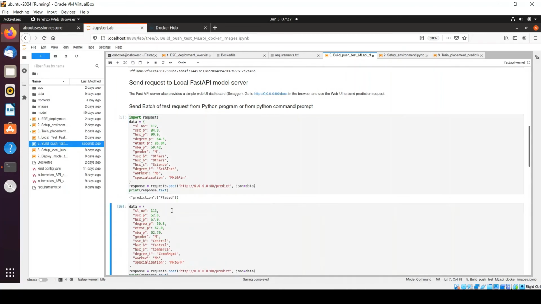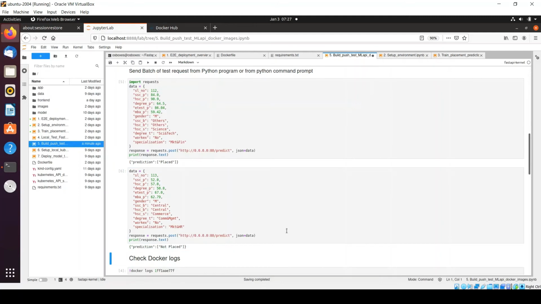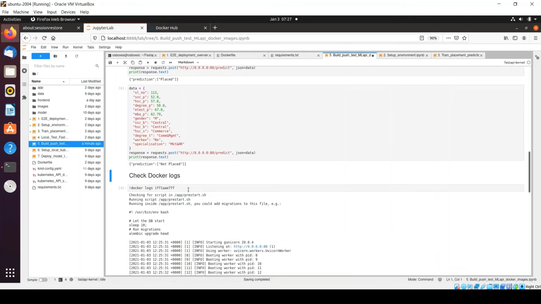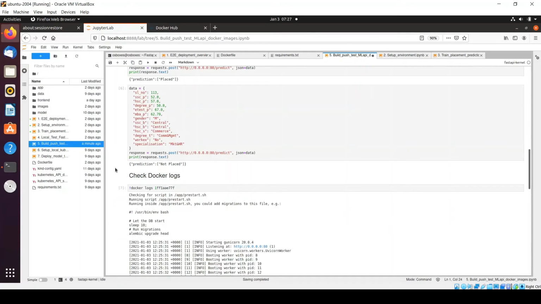You can see it's giving placed, right? And similarly, I will also send another row for not placed data. Here I'm modifying the data content and posting the data, and here you can see not placed. Now if we check the log, it will have two entries.